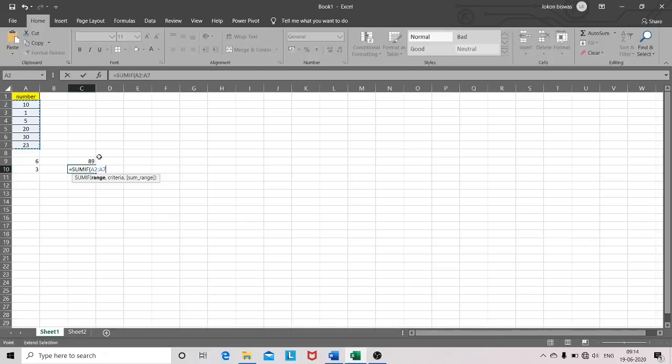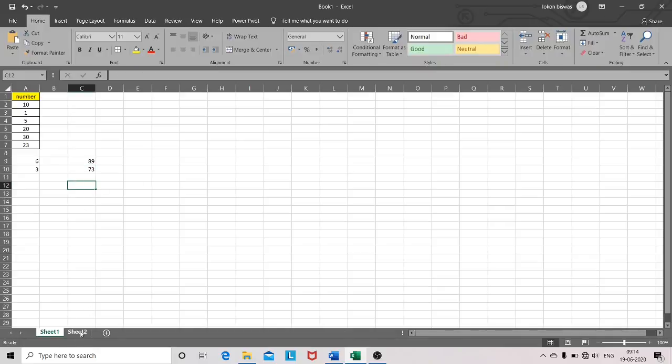So it selects the whole table, and the condition is greater than 10. Press enter. So the numbers greater than 10 are 20, 30 and 23. If we add them all, it will be 73.